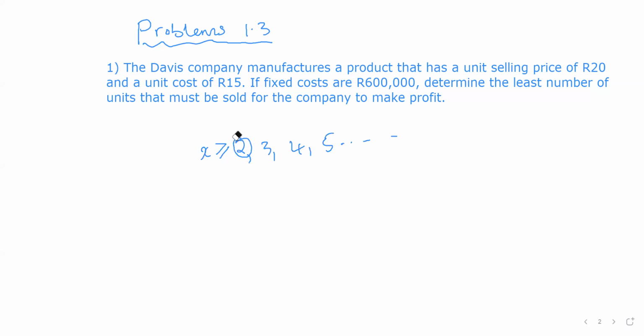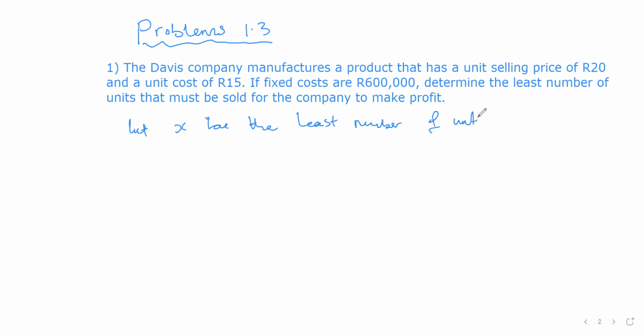So take note of the way inequalities are represented grammatically in English, all right? Sometimes you will see words like a maximum of, at least, at most, least number, highest number, and so on, all right? These are English representations of inequalities. Okay, so therefore, we are asked to determine the least number of units that must be sold for the company to make a profit. So let X be the least number